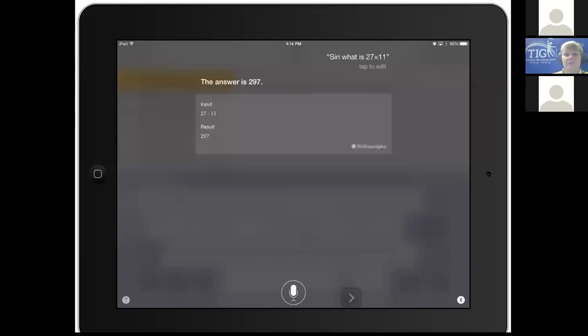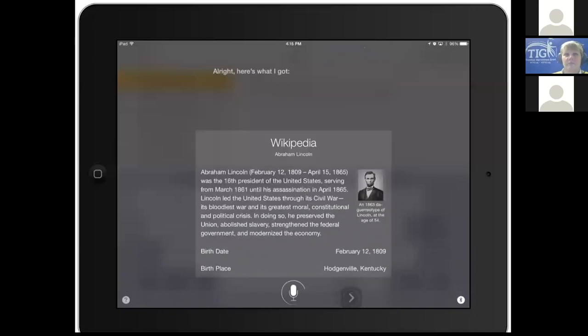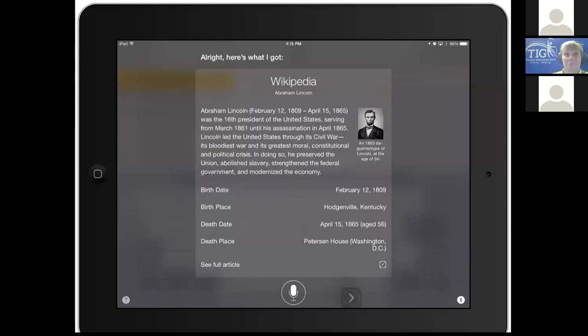for weather. I could say something like, Siri, who is Abraham Lincoln? All right, here's what I got. So it will tell me that. Now, it takes me to Wikipedia. And, you know, people have said, well, but that's all it does. Yes, they're absolutely right. The thing I like about it